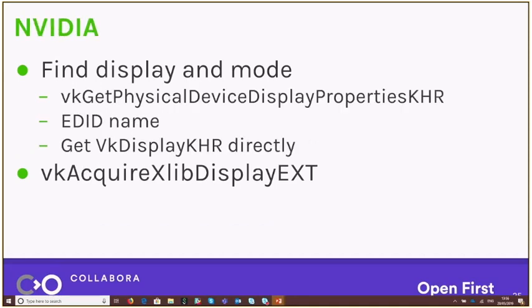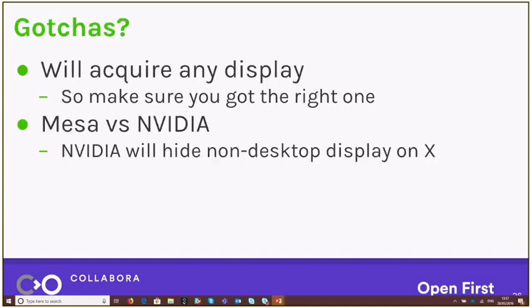Similar for NVIDIA, but unfortunately NVIDIA hides the display completely from the X server. So we need to look through all of the Vulkan abstraction of the displays, look at the EDID name and try to figure out the exact one. And then we get it in the same function again. And then we're done. The drivers don't really check that you're doing anything right with Vulkan, so you can very easily grab your whole desktop and it will come back up and you will hit the stuck. And I said NVIDIA will hide the non-desktop display on X completely, so you have to do a bit of